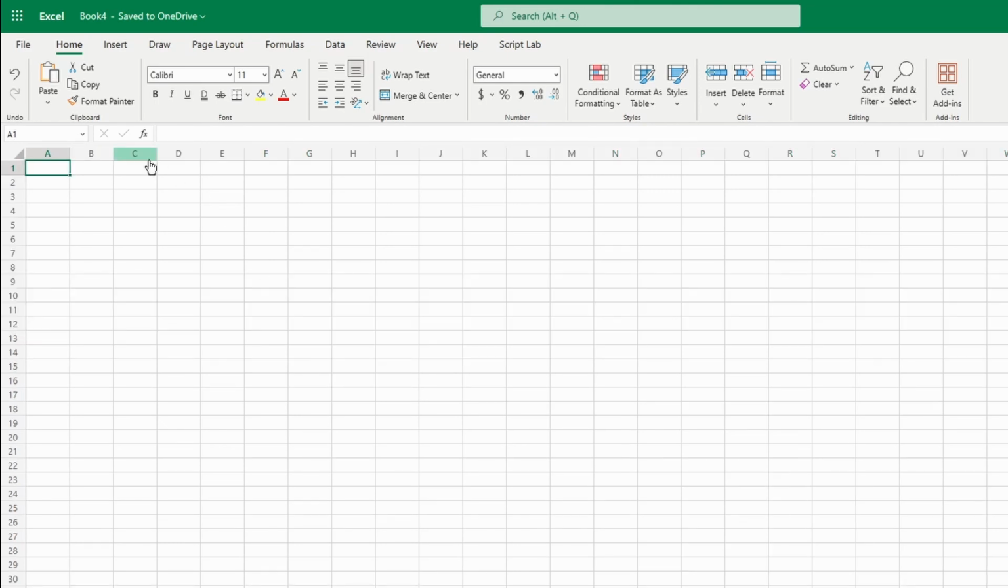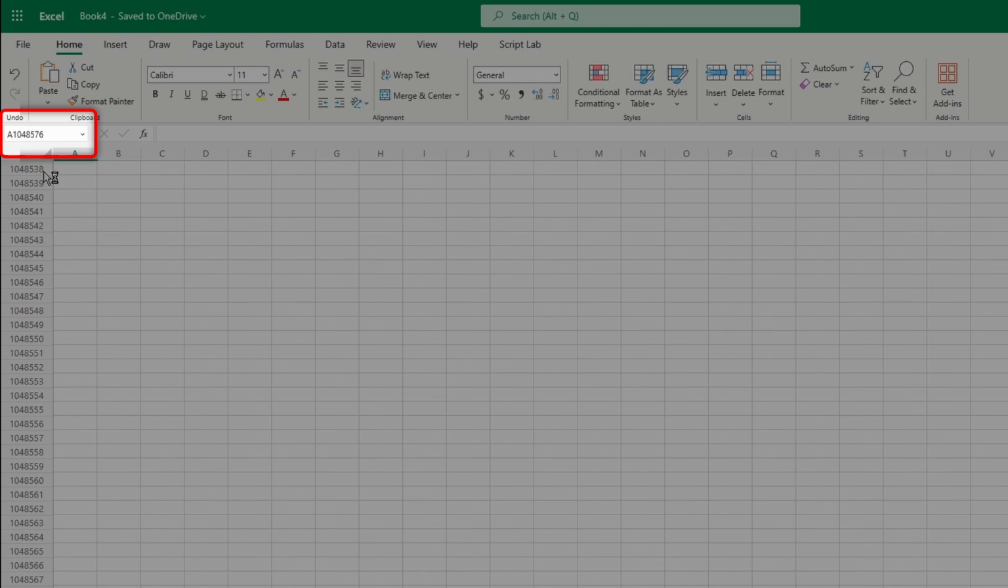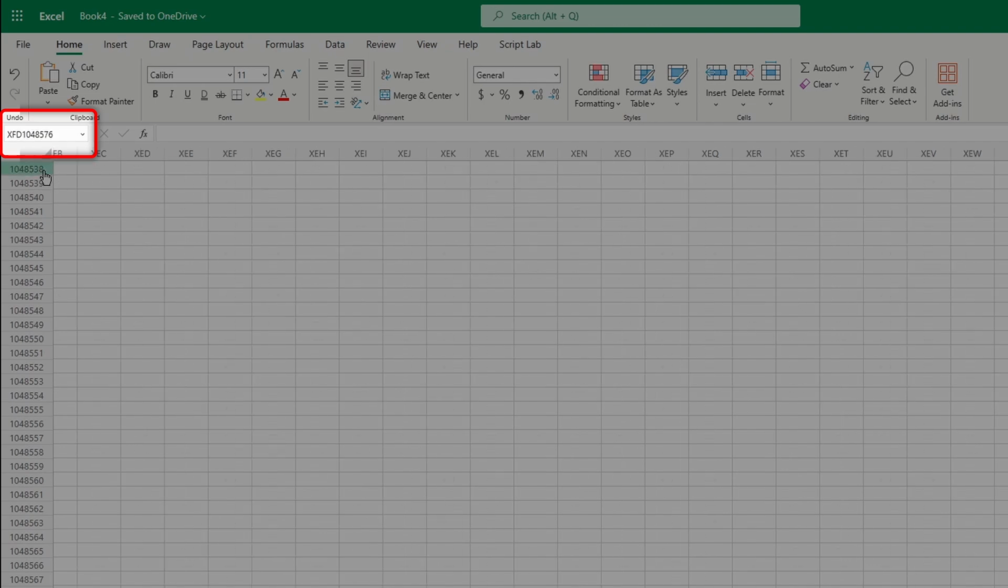As we talked about before, a cell is the intersection of a row and a column. This is cell B4. And this is cell E10. Each cell has a unique address made up of its column letter and row number. For example, the address of the upper left cell is A1 and the cell at the lower right of a worksheet is